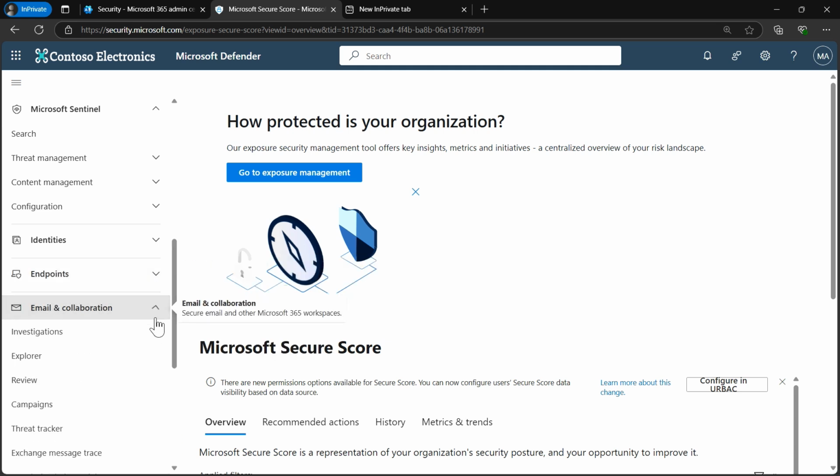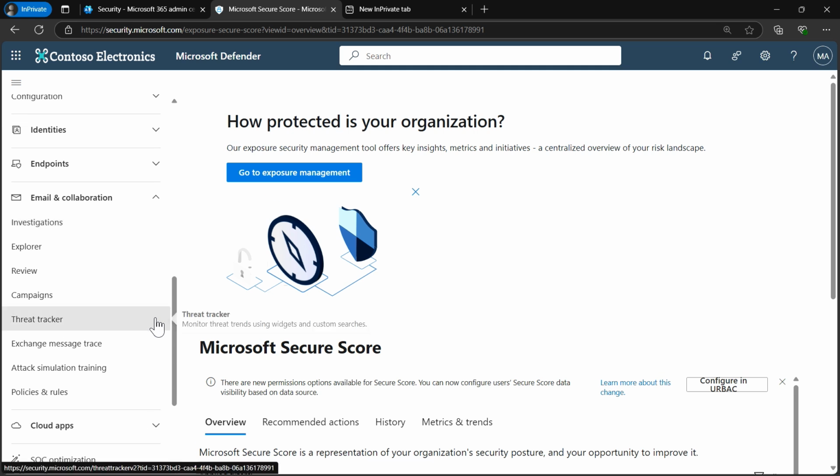I have also email and collaboration, and here you can really find everything related to Microsoft Defender for Office 365 functionality that's going to allow you to track and investigate threats to your users' emails and track campaigns and much more.